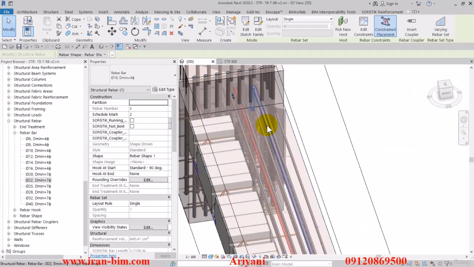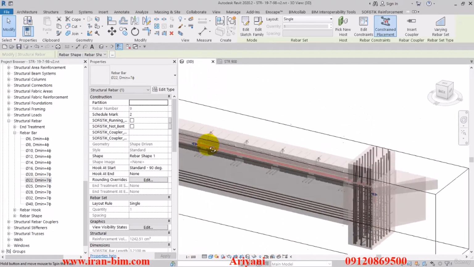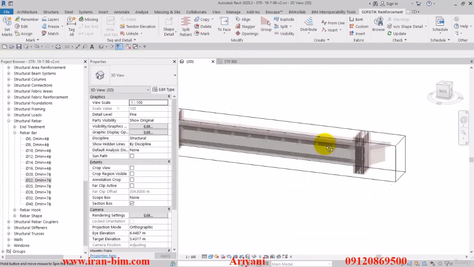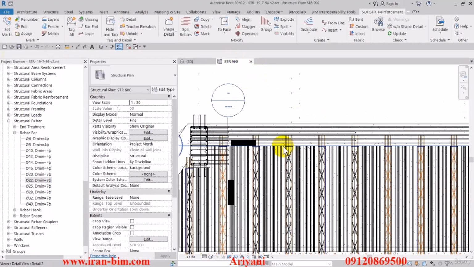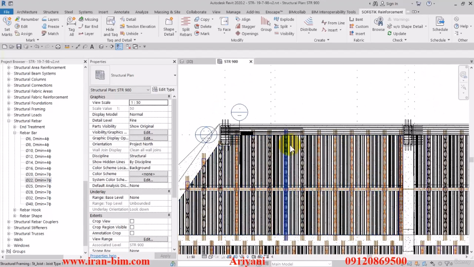So now after this, I'll just use the same process that we just used with the details of the AutoCAD file, and then place the rest of the rebars of the plan. And then we'll continue